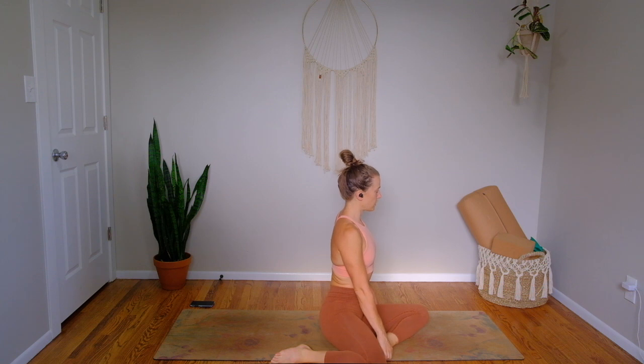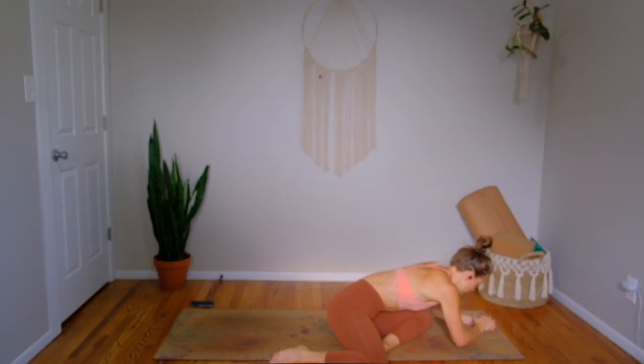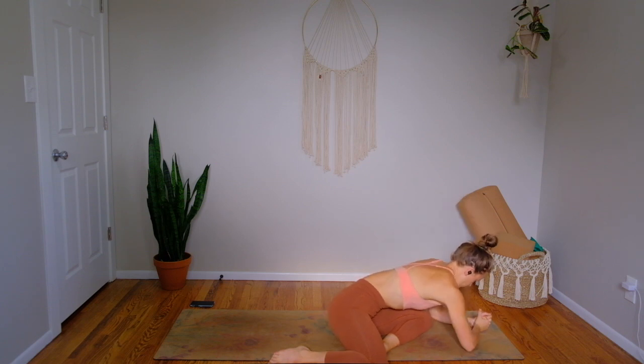Breathe in, lengthen your spine. Breathe out, fold over your left knee. Prop up onto your elbows or onto a prop. Or if you need, stay on your hands here. Let the outside of your left hip soften. One more inhale